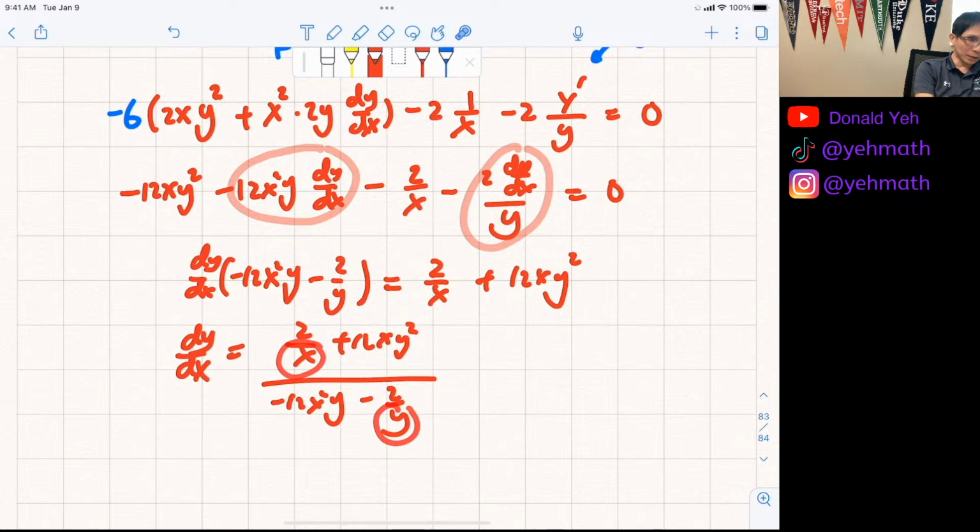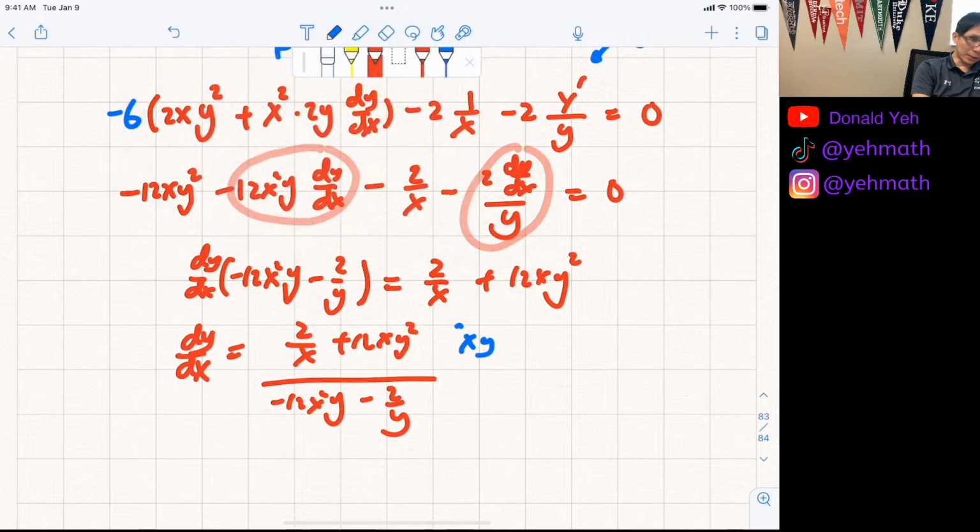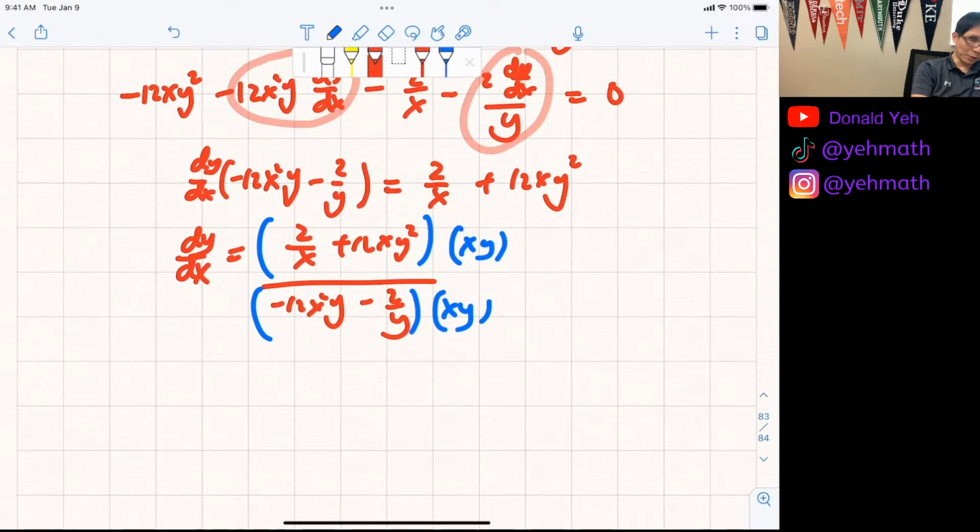I'm going to show you a trick. You can multiply by the common denominator of these two fractions. What's the common denominator between 1 over x and 1 over y? It's xy, right? So can I just multiply top and bottom by xy? What's cool is that if I multiply by xy, they're going to cancel out very naturally. So x will cancel out the bottom x here, so it'll be 2y